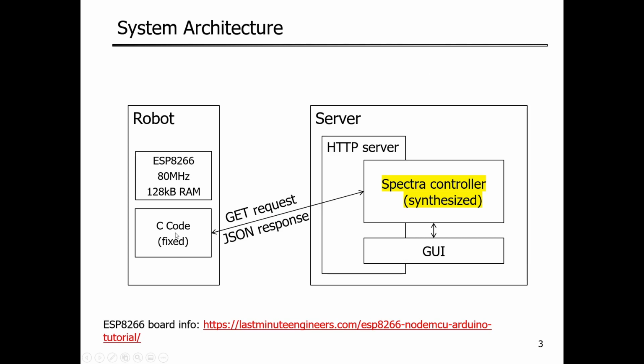Now I made all the code available on GitHub. So on Blackboard you have a link to the GitHub page where you can get the code for the controller of the robot. And then we will have the robot connected to Wi-Fi. We will also have a server connected to Wi-Fi, which in this case will be my laptop. And on my laptop we're going to run a web server, very simple web server that is just for the communication with the robot. All the code of this is also available on GitHub,